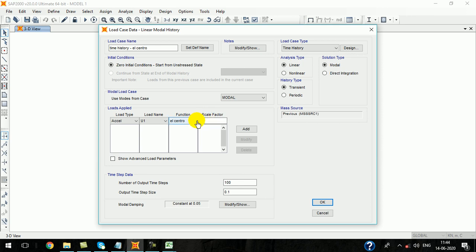If the time history function you are going to use is in g, then you have to multiply this scale factor by 9.81. Here the total number of steps is 2688, and the maximum output time step size is 0.02. It is a transient function only, not a periodic one. So click OK.